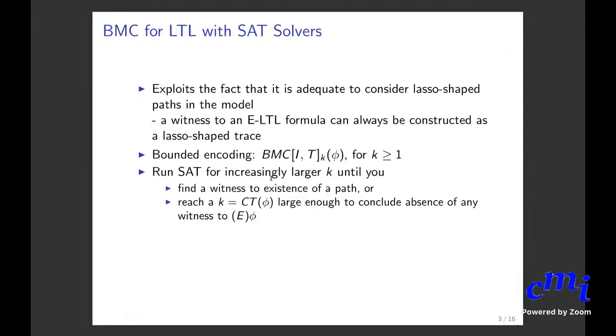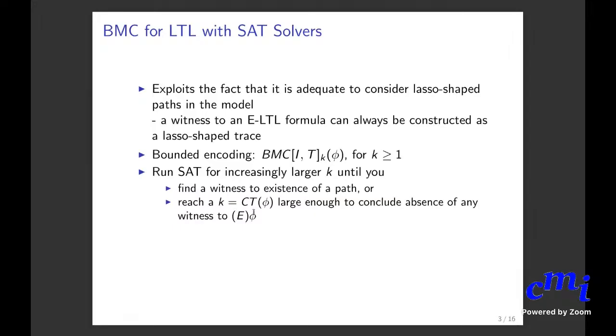Obviously, this is an incomplete way of doing it. So you will have to run the SAT check for longer and longer K until you find a witness, or you reach a K that is large enough to conclude the absence of any witness showing that not phi is satisfied,